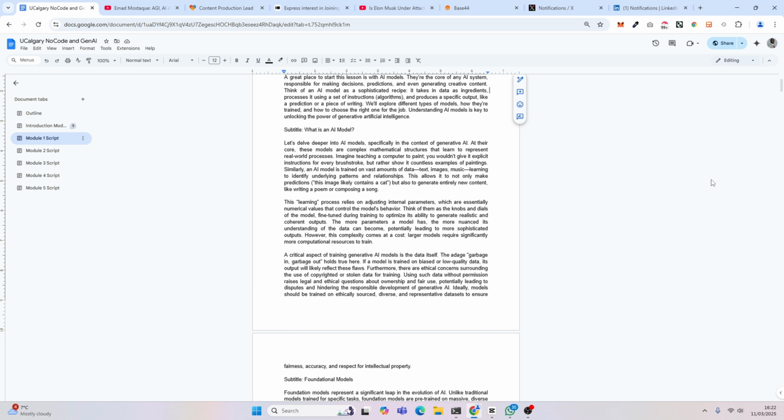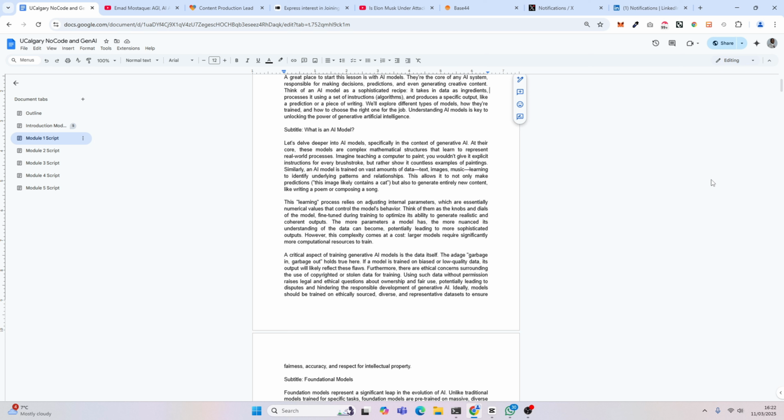Similarly, an AI model is trained on vast amounts of data, text, images, music, learning to identify underlying patterns and relationships. This allows it to not only make predictions, but to also generate entirely new content, like writing a poem